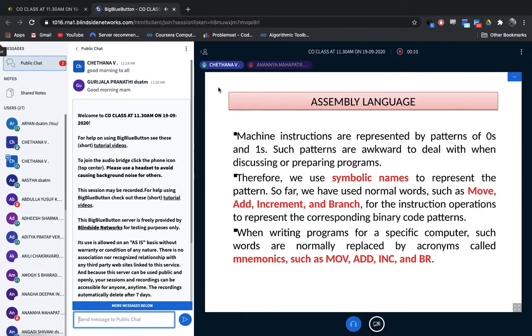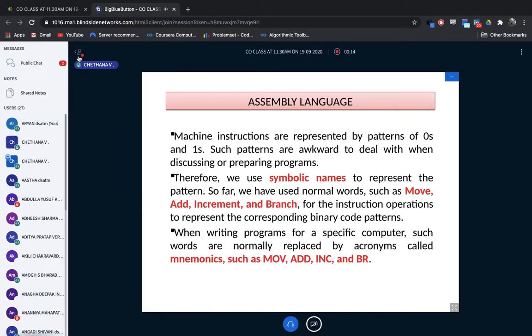Okay, I think in the previous class we started some of the concepts. I think we have completed input output, one small program we have written. Other than that, we have already completed branching instructions and addressing modes.